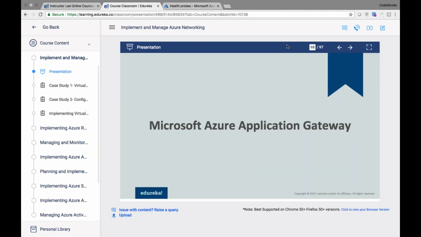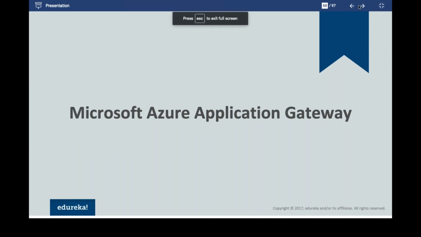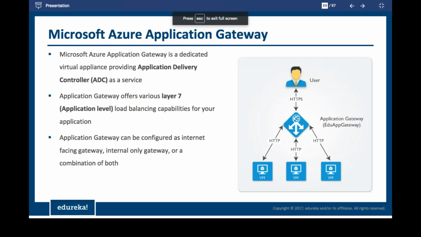Well, the next topic that we have is the application gateway. The application gateway is the same as a load balancer, where it works at layer 7, which is HTTP level. And you would have another traffic filtering as well, which is using Traffic Manager. That's another one. The application gateway is a dedicated virtual appliance which works as an application delivery